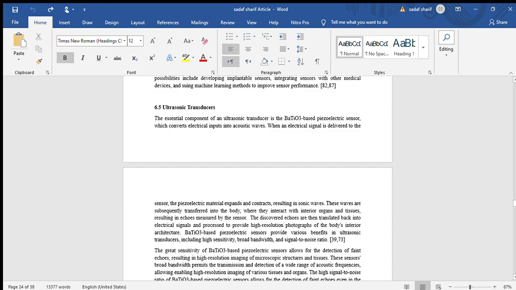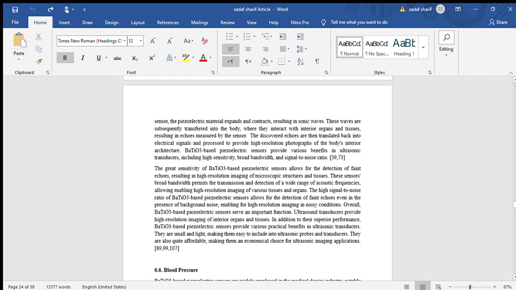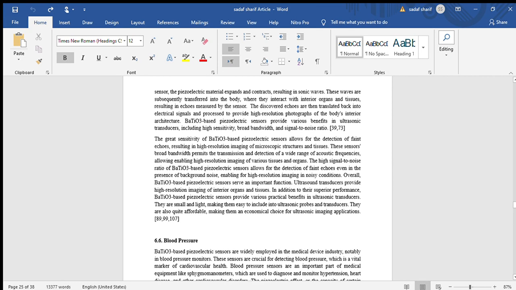Now, what are ultrasonic transducers? The essential component of an ultrasonic transducer is the barium titanate based piezoelectric sensor, which converts the electrical input into acoustic waves. When an electrical signal is delivered to the sensor, the piezoelectric material expands and contracts, resulting in sonic waves. These waves are subsequently transferred into the body, where they interact with the internal organs and tissues, resulting in echoes measured by the sensor. These detected echoes are then translated back into an electrical signal and then used to provide high resolution photographs